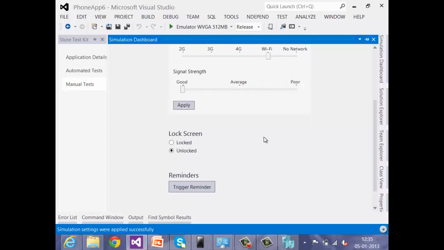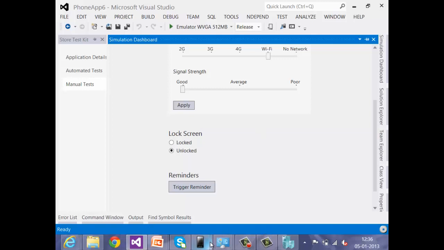And next we have this lock screen. What will happen when my application is running and suddenly the lock screen is enabled? You might have put an idle state, saying that after 1 minute when the phone is idle, let me enable the lock screen. And if you are performing some kind of operations in the app and suddenly the lock screen comes up, you wanted to test that scenario.